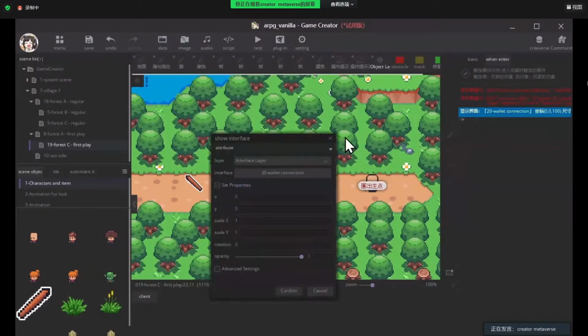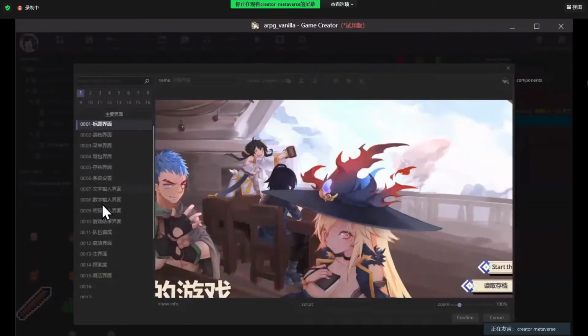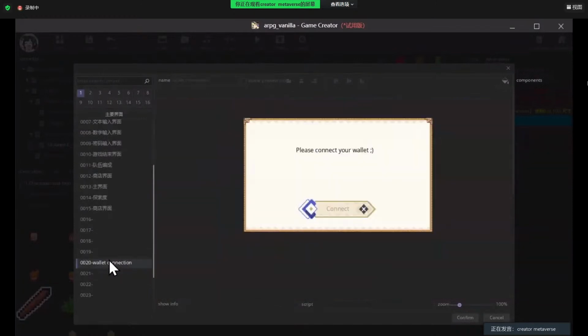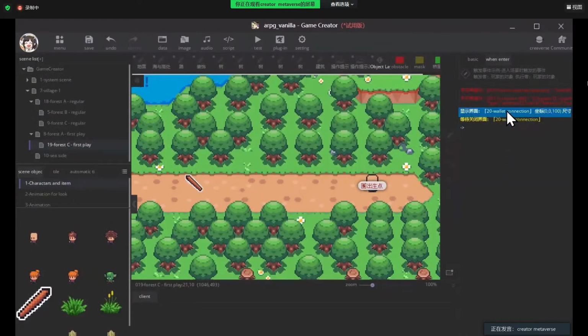So we click here to add another event, which is in the plugin command, to wait and the interface close. And we choose the interface, which is this one, 20, wallet connection. Say confirm. Yes. So now we are okay.